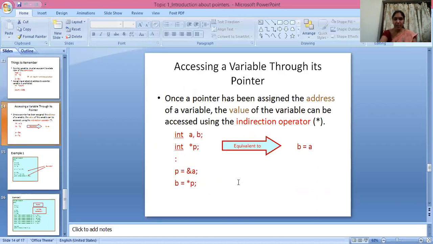Next, accessing a variable through its pointer. Once a pointer has been assigned the address of a variable, the value of the variable can be accessed using the indirection operator, that is the asterisk. int a, b; int *p; p = &a; b = *p. This is accessing a variable through its pointer.